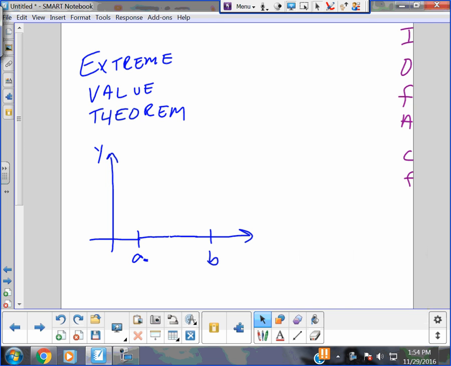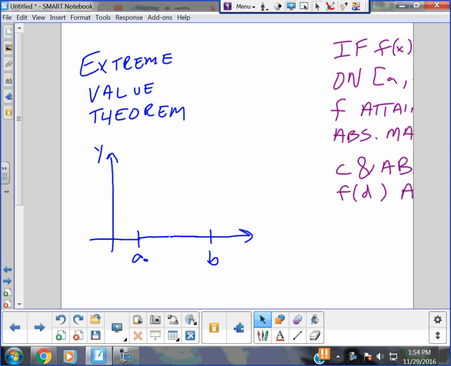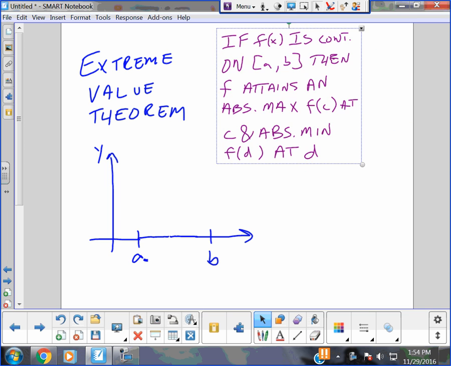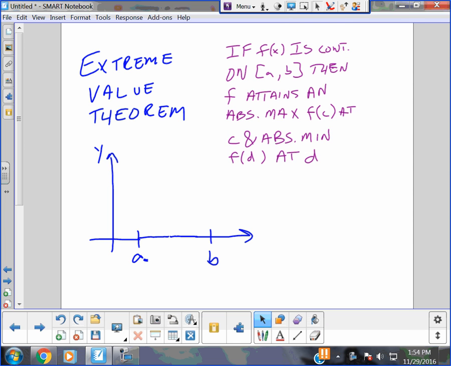Today we're going to talk about the extreme value theorem. All right, we did this a little bit yesterday. So here's the theorem. If f of x is continuous on a closed interval a to b, then f attains an absolute max f